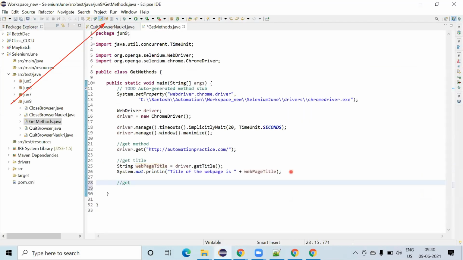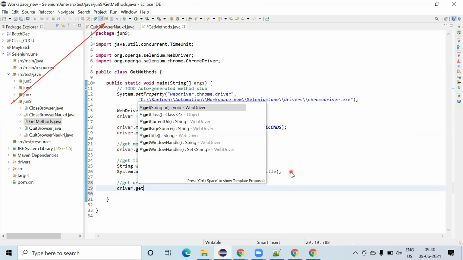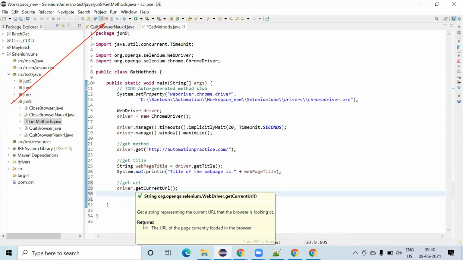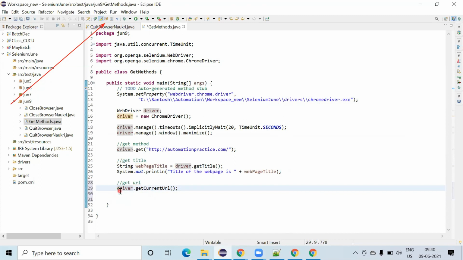Get URL. Okay, which is very simple again. Driver dot get current URL. See this, driver dot get current URL. Again, place your cursor over there. This is also the same. It is also returning something. And what is it returning? It is returning a string only. Again, so now create one string